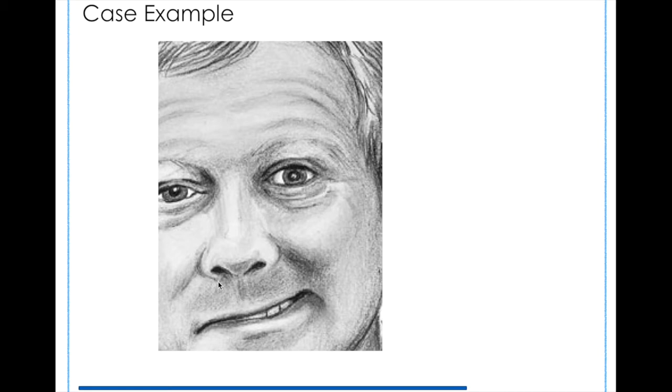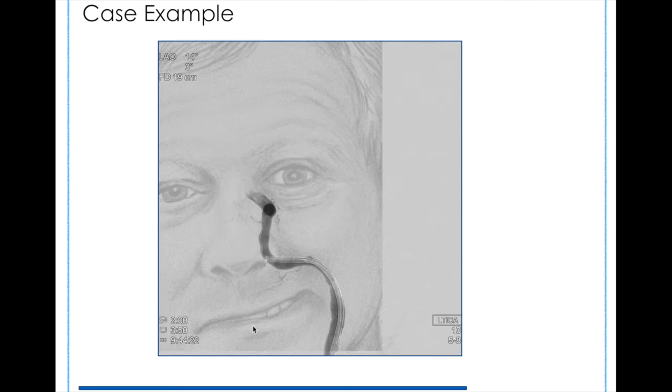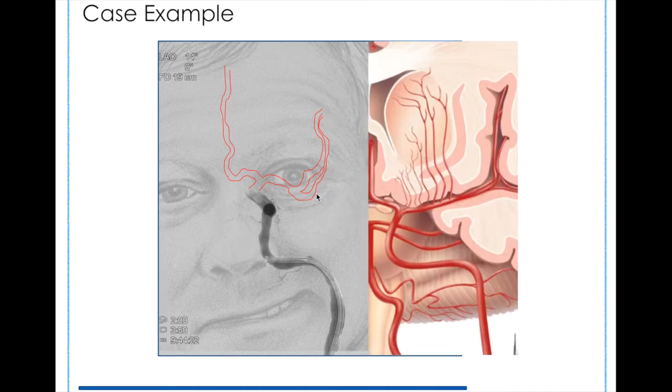See, he has a right facial droop, you see right here. He's able to smile here, but not on this side. So what is it? He actually has no flow over here. So this is the artery, which goes underneath, right? Then there should be another artery here, the anterior cerebral towards the front and the middle, all right? And this, same thing, we just talked about this, right? This is where the clot is,